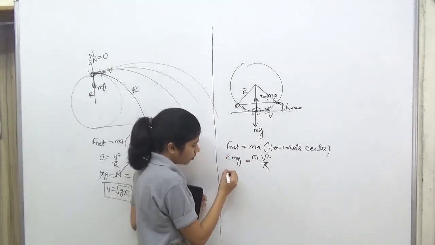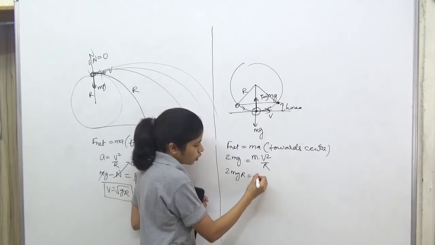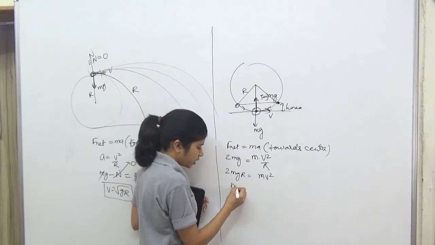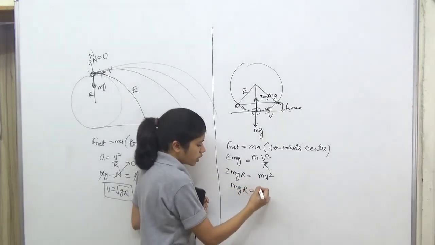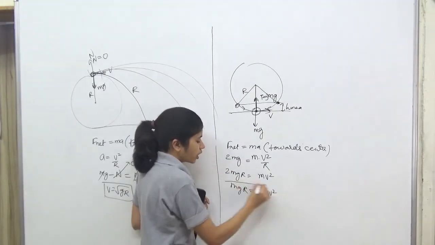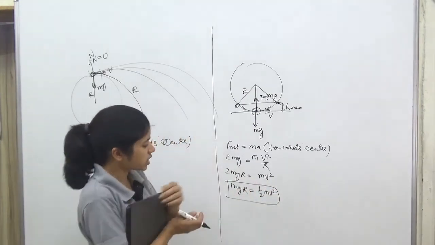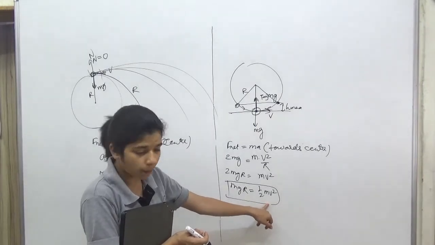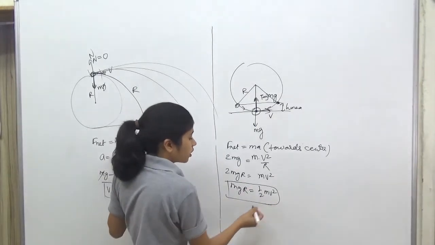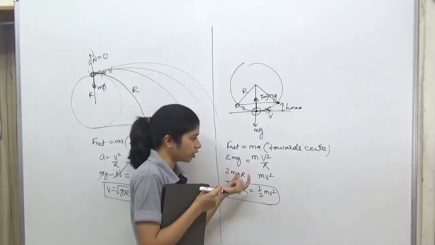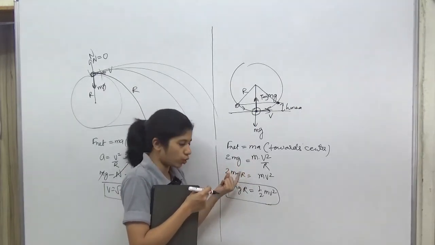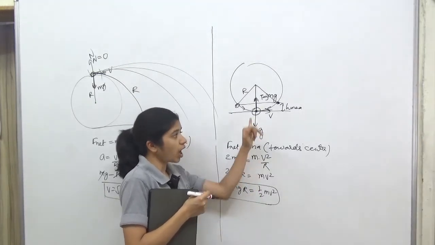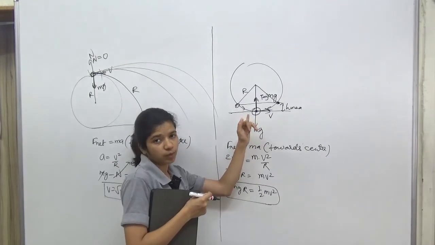So now what do we have? 2 mg r is equal to mv square. What I am trying to do is, just look at the calculation. mgr is equal to half mv square. Okay? This is nothing but the kinetic energy at the bottommost point. Okay? If you do not want to do it otherwise, this will be the shortest way. You found this, this has come from F net is equal to ma. Now I can see that half mv square is equal to mgr. Now half mv square is the kinetic energy at the bottommost point.